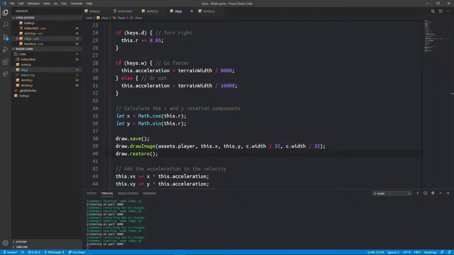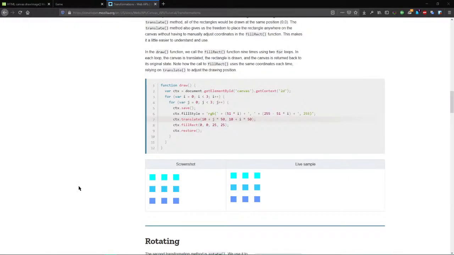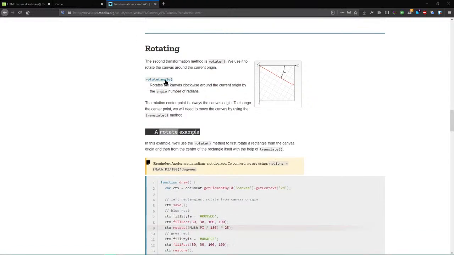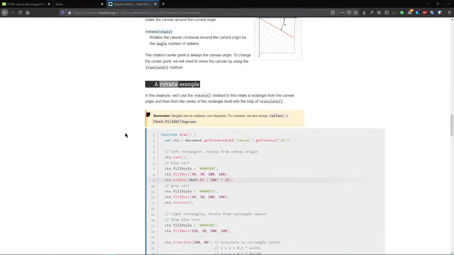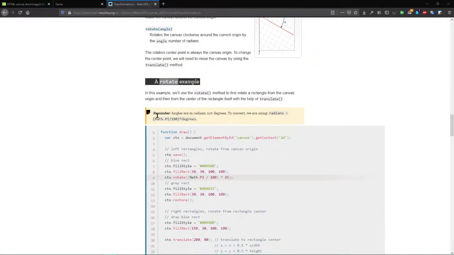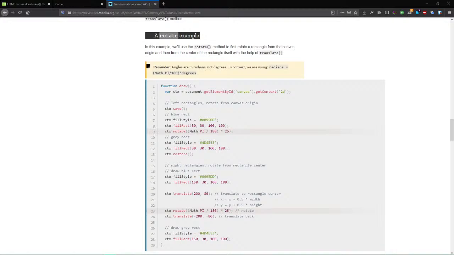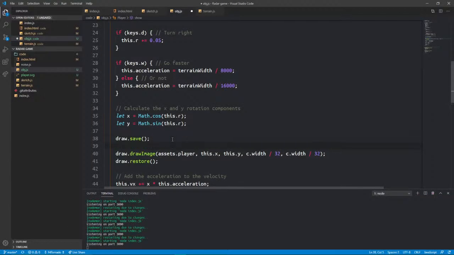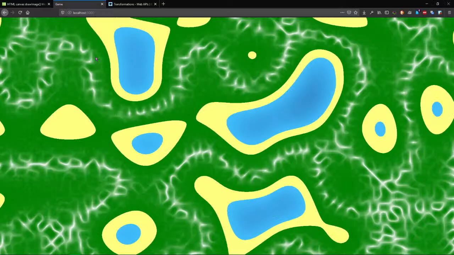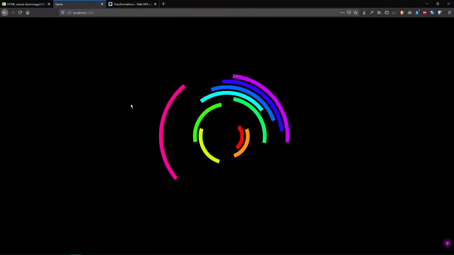So then, just looking through the page, rotate angle. So here we can rotate, draw.rotate by the rotation. So this might break, but